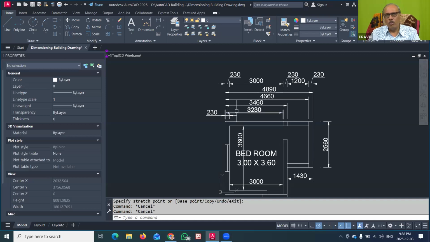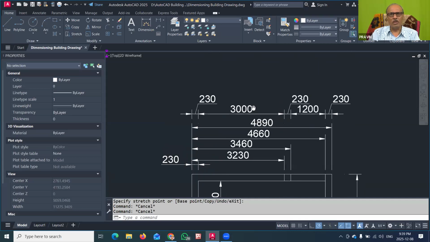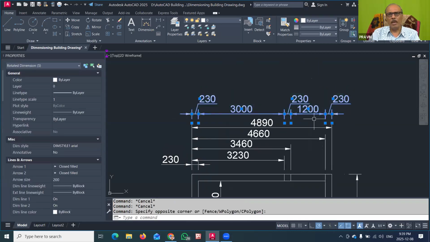So my dear friends, you have to remember that these are the important topics that we have seen today. This is a very important session where we are learning how to give the proper dimension in the building drawing, and how to write the proper text with the proper height and proper font. And then we have seen two important options. The first is the continuous dimension option, the continuous dimensions type. So all the lines are in one same line, but the dimensions are in continuation. So this gap is 230, this gap is 3000, this gap is 230, this gap is 1200, this is 230.